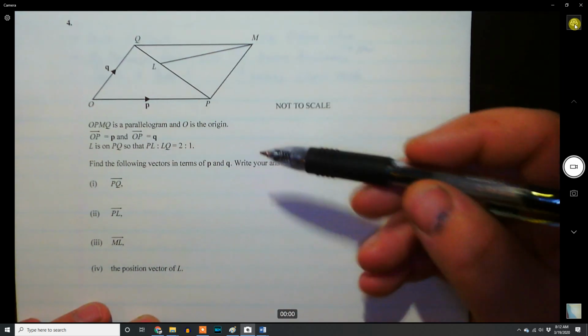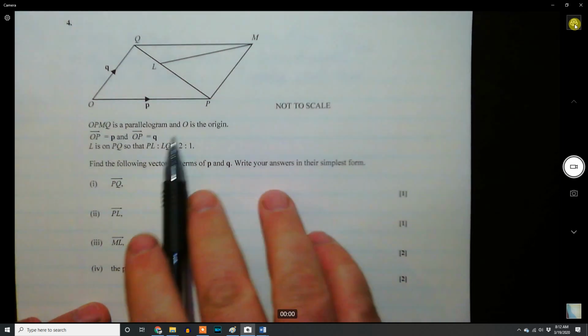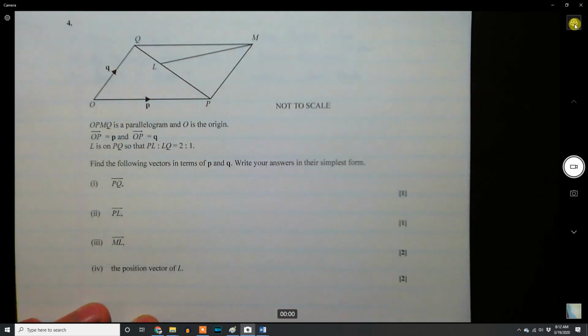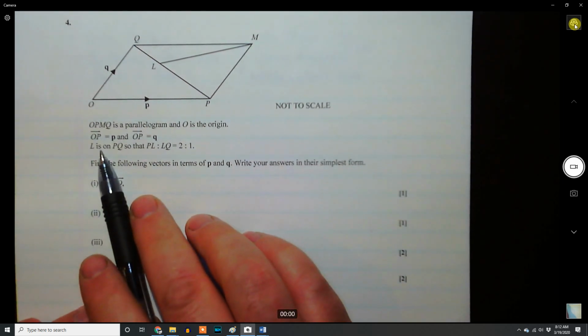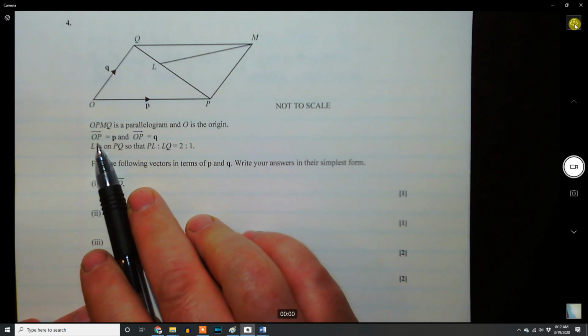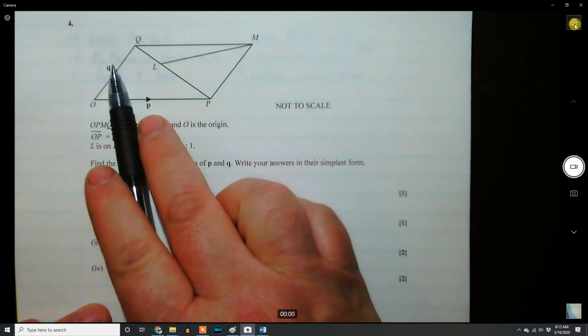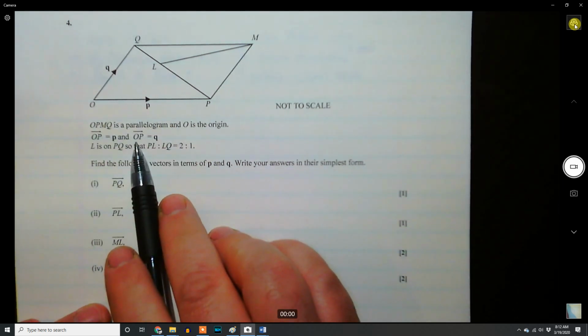And we are told that O is the origin. So if this was on a coordinate plane, that would be the origin. That means we're going to have some position vectors we could use. All right. And then it says OP is the vector P. Okay. OP is the vector P. And